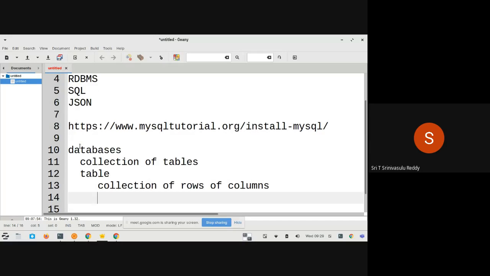So each row stands for one entity, one data item. You can consider that a record. Record is another way of calling it. So columns can be considered as fields, right? You can consider it as basically a matrix-like thing,